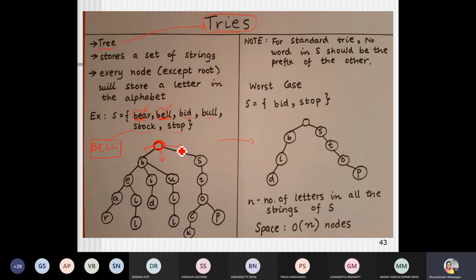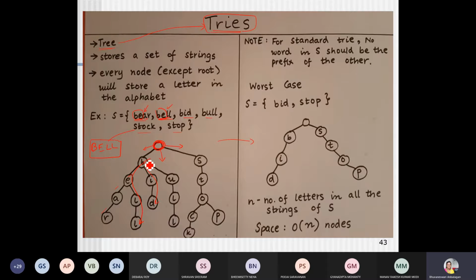We can have several nodes under the root node; it doesn't mean it should be a binary tree. There is no such condition. So you see here BEAR. Initially we get BEAR, then we build BELL, and in this way you build BID,